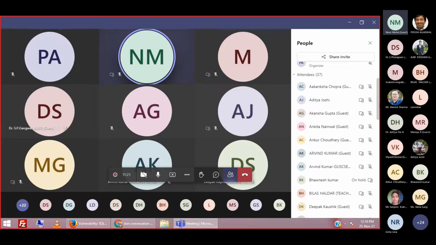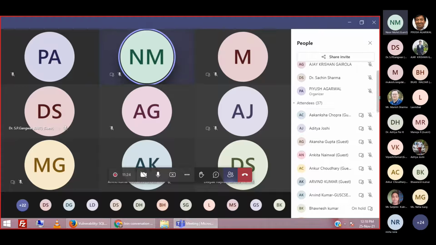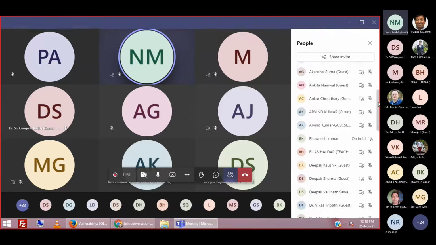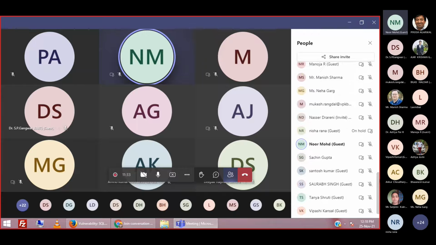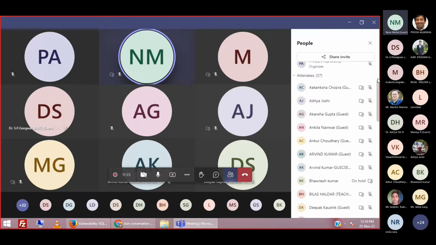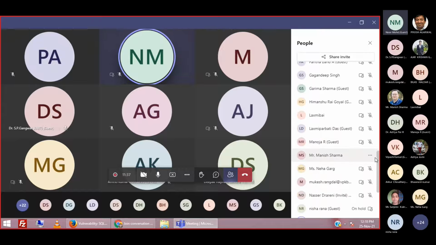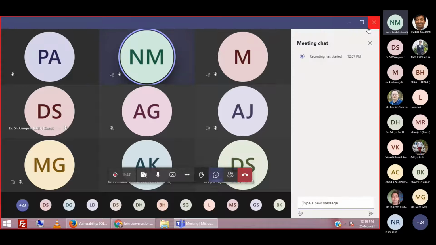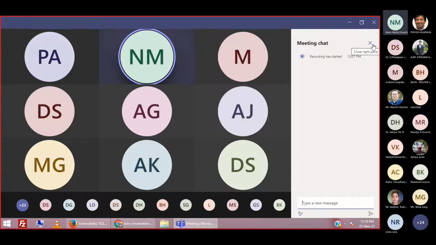Yes, Akansha Chopra ji, have you installed it? Aditya Joshi ji, Akansha Gupta, Ankita Nainwal. I request all the participants to please keep responding. Bilas ji, have you installed this? Nasir Darani. These are the participants who were asking me about the steps of installing DVWA. So I hope they have installed it.